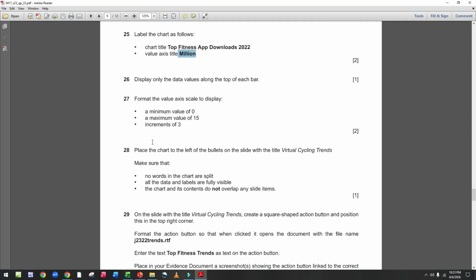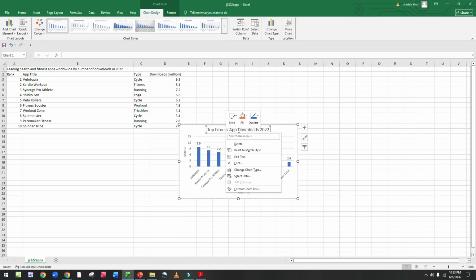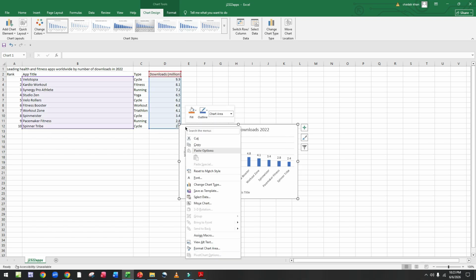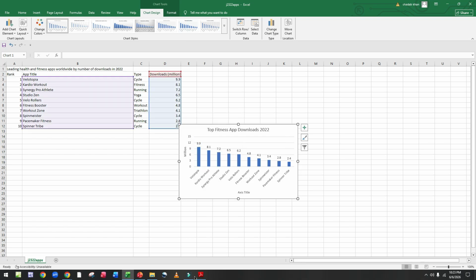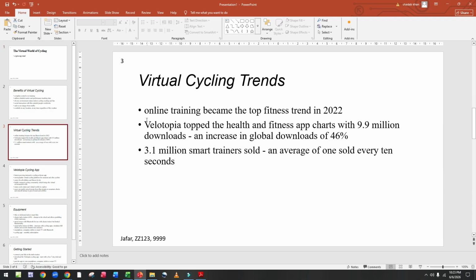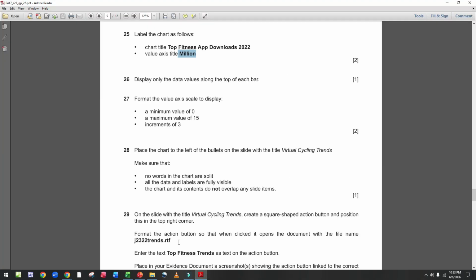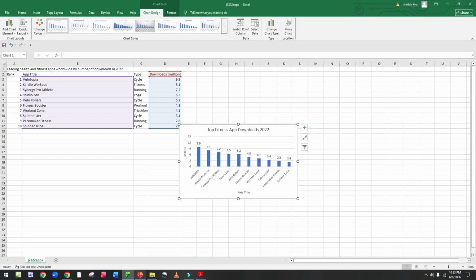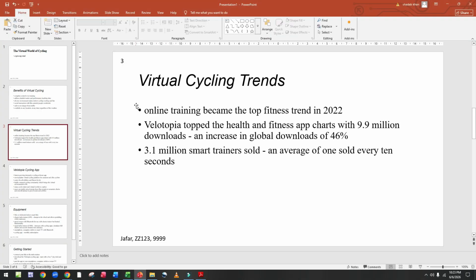Place the chart to the left of the bullets on the slide with the title Virtual Cycling Trends. Now we right click on the chart, copy and come to PowerPoint. Virtual cycling trends, the chart is on the left side.